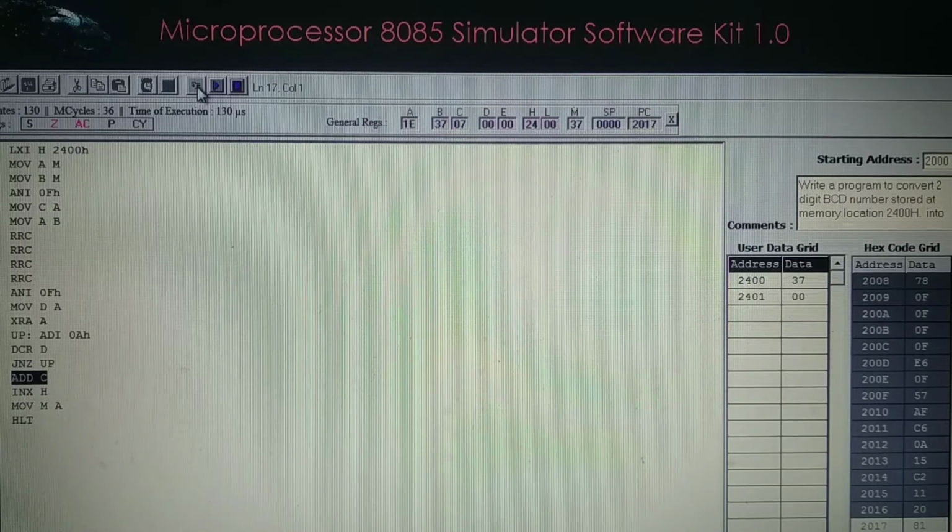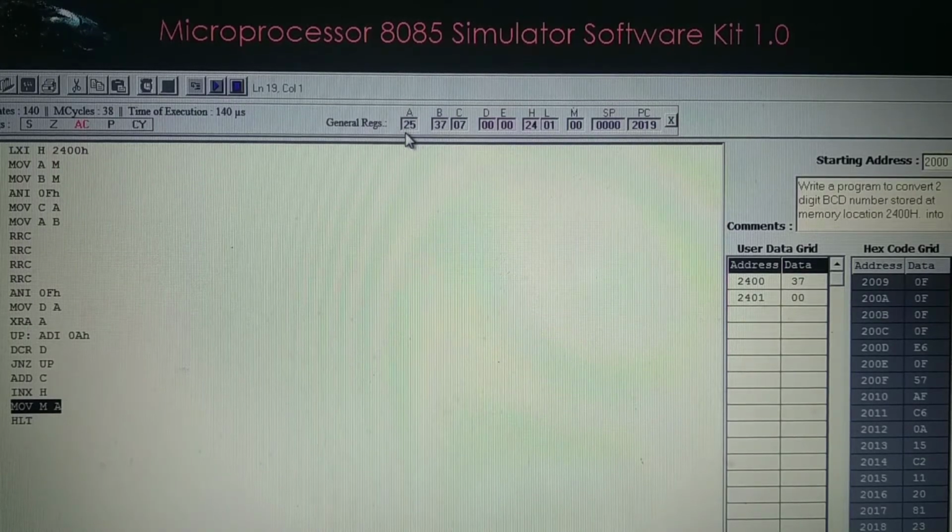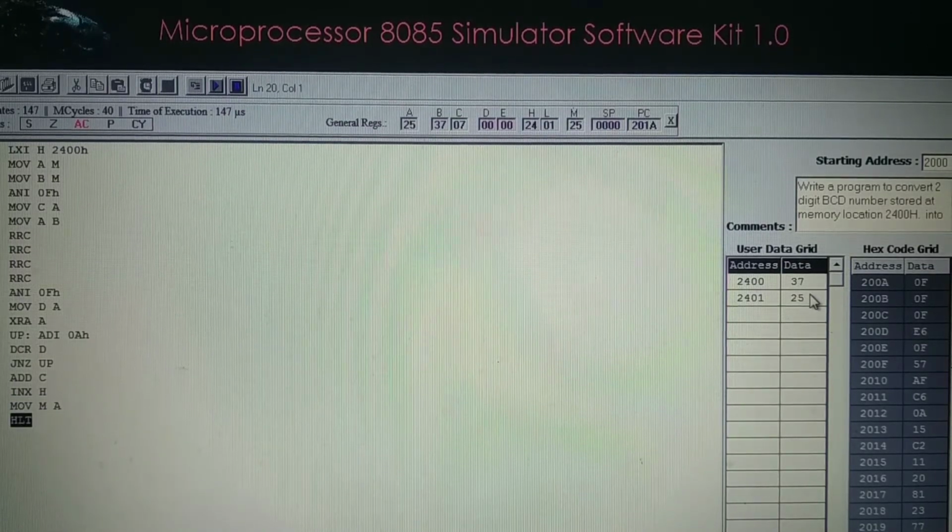After adding the content of C, the result becomes 25. INX H, it becomes 2401. The number from the accumulator goes to memory. Here you will get the answer.